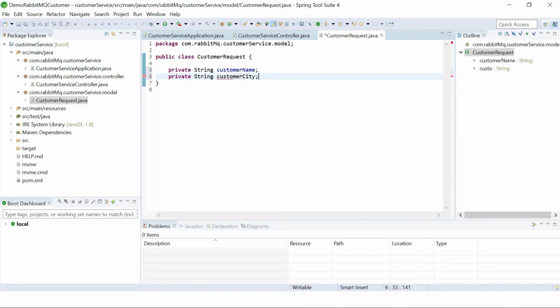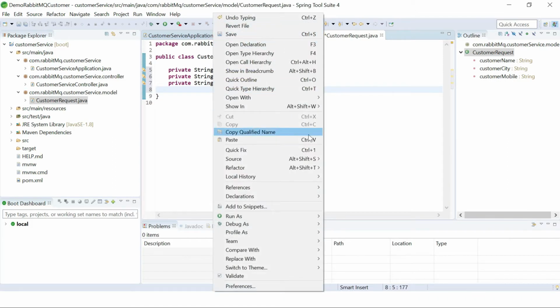You can take any field, that's not a problem. I am taking three fields. Customer mobile number: mobile number is basically an integer or long data type, but here I am taking String.